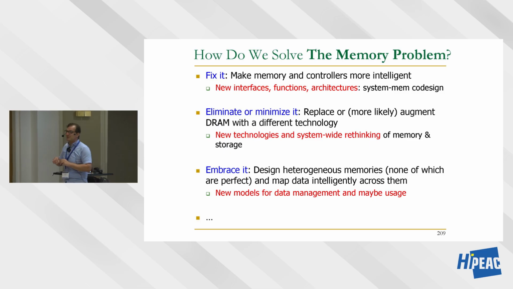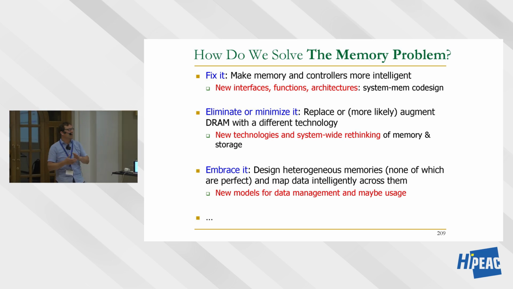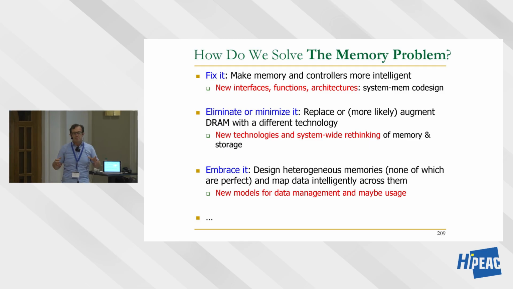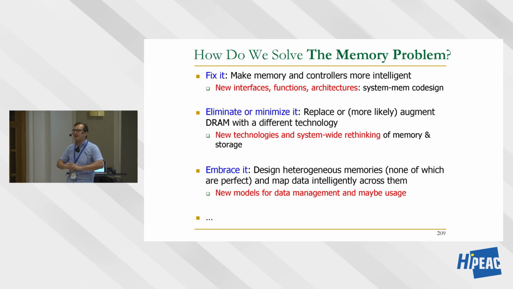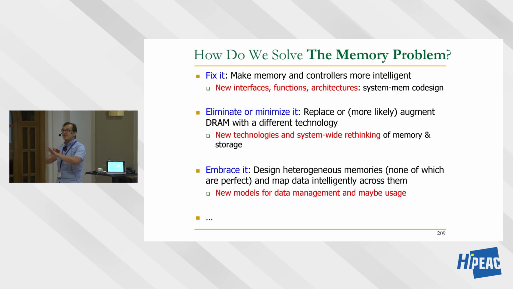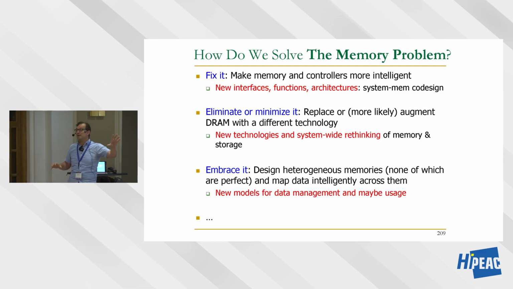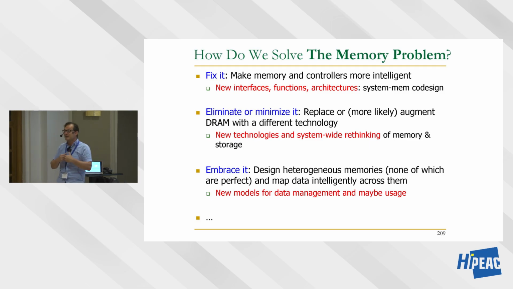And the third direction I think is also very interesting is somehow embrace some of the problems. Maybe not everything, but for example, if the memory cannot be made perfect at all metrics, for example, reliability, performance, latency, bandwidth, you cannot get all at the same time. Why don't you design some heterogeneous memories? Some of them may be less reliable, but they may have a lot of capacity. They may also have low latency and low voltage, low energy, because you're making them less reliable. And some memory is much more reliable. And somehow embrace the problem by punting it to the higher level system.